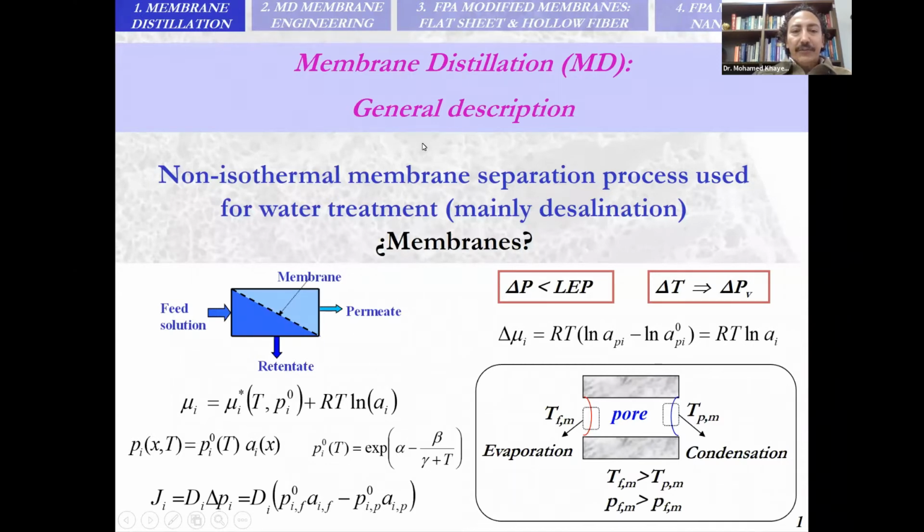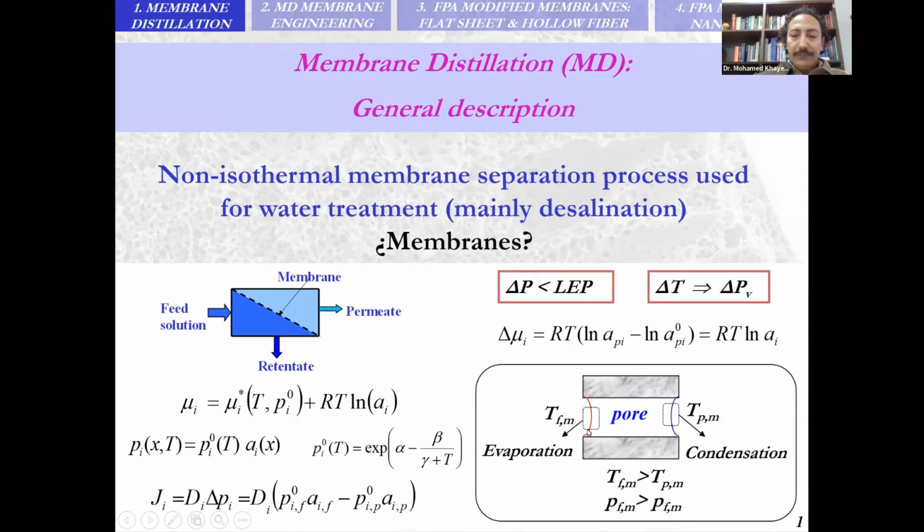Membrane distillation is a non-isothermal separation process used generally for desalination. The membranes to be used in membrane distillation must be porous and hydrophobic. And the driving force here is the temperature difference, which induces the vapor pressure difference between both sides of the membrane. Because of the hydrophobic character of the membrane, there is formation of liquid vapor interfaces at both sides of